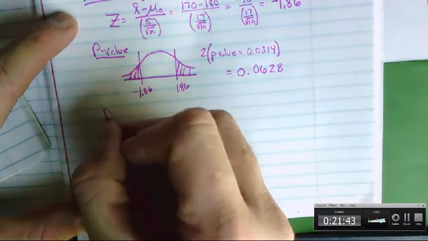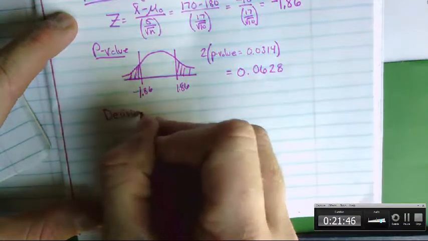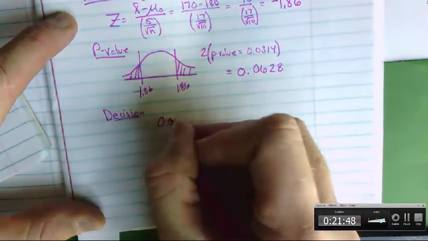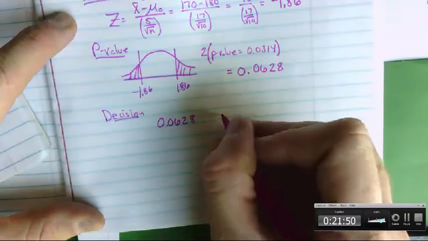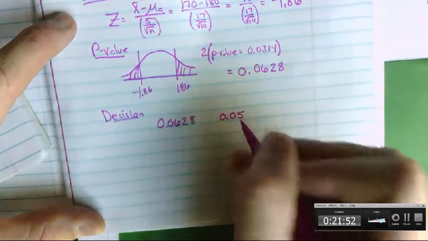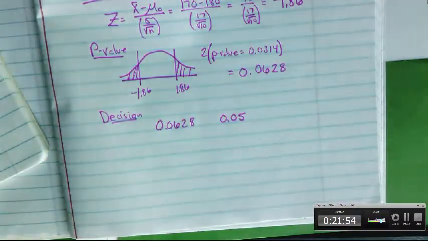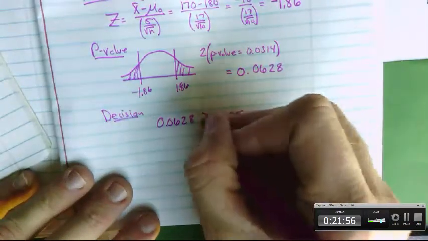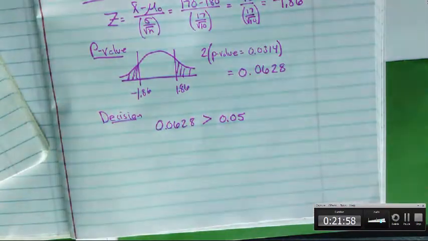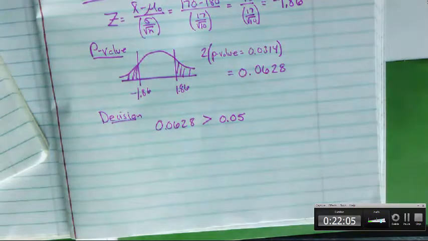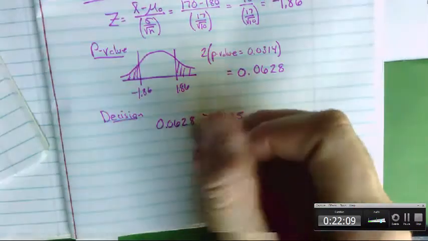Then our decision. We take that p-value, 0.0628. We compare it to our alpha, our significance level. Is it more than or less than? More than. That means that the probability of us saying, hey, you're wrong in your claim, and actually them being right in their claim is more than 5%. That's too much, based on the significance level. So what we're going to say is,